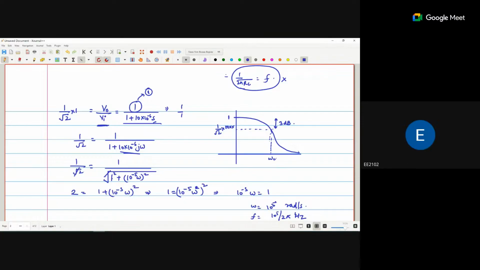So this is the only way: just calculate V naught upon Vi. Then,